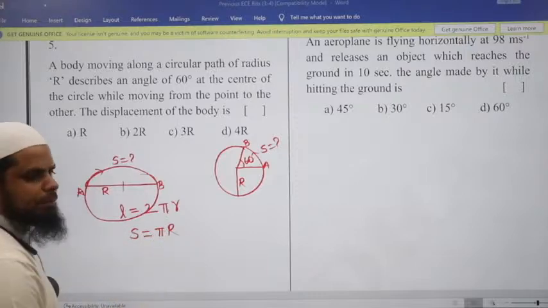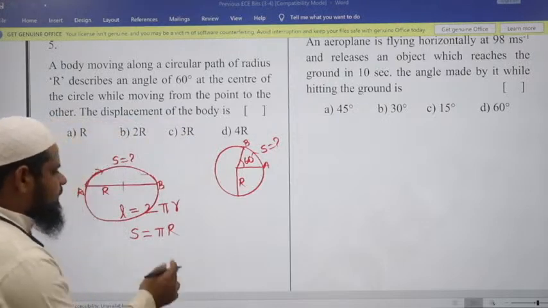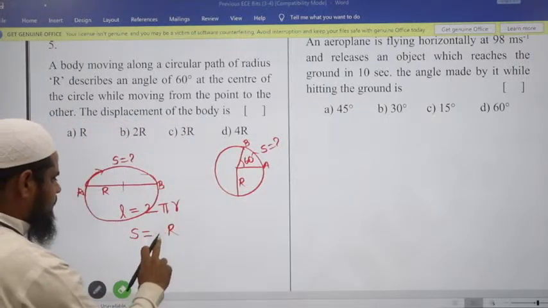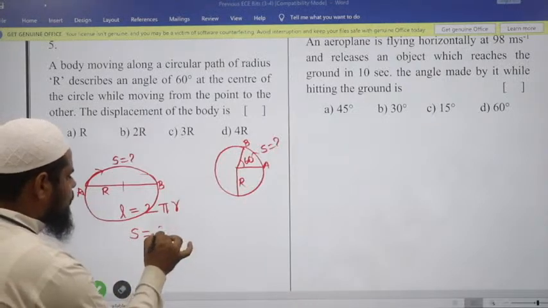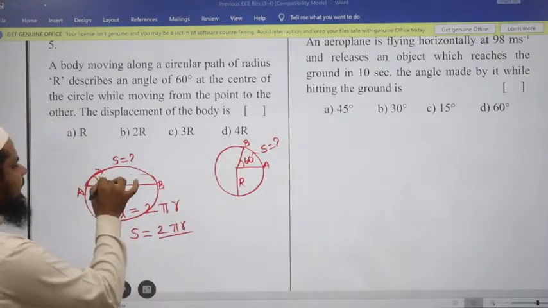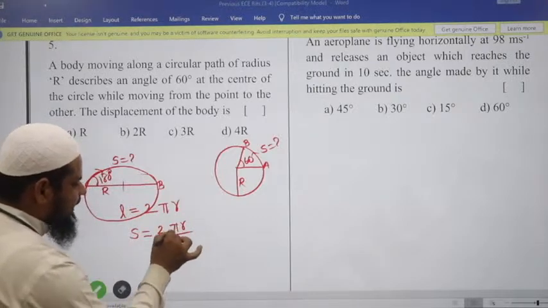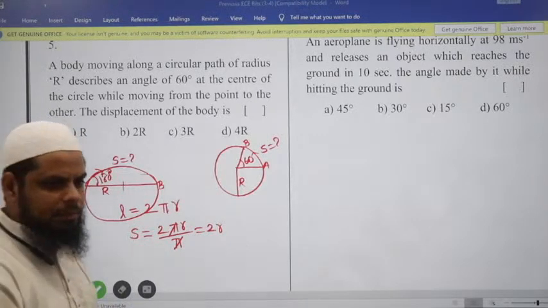Sorry, 2r, not pi r, this is 2r. Why? Because 2 pi r by your angle is 180 degrees, so pi can get cancelled, you will get 2r. Similarly,